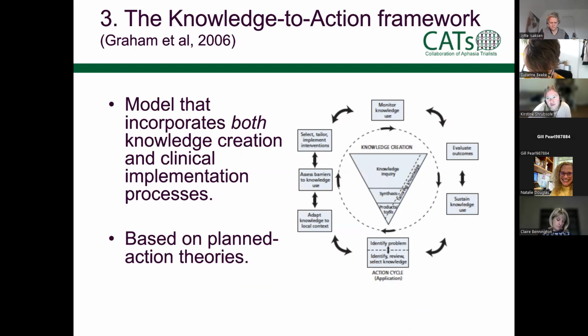As well, some of you might have seen it. So I think this is one of the process models, which is possibly why I like it, because it gives you a little bit of a step of what to do. So in the middle, we have our knowledge creation. And so this is looking at building the evidence base and synthesizing the evidence. And then we have our thing that we're going to do. So that's our knowledge creation in the center.